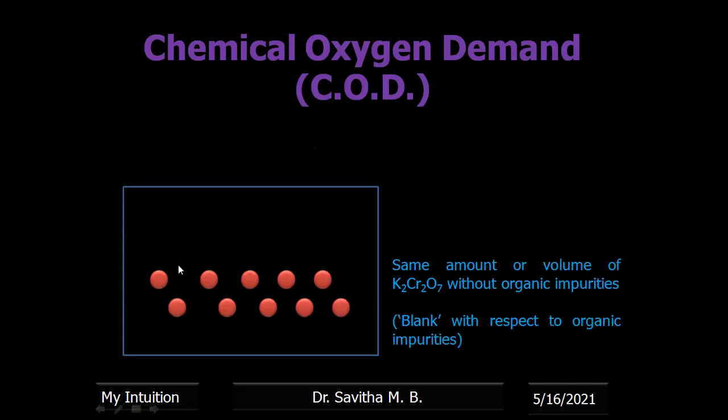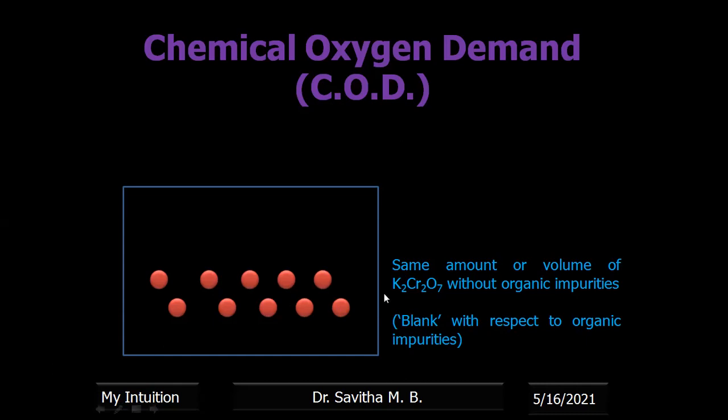right? Now what is our requirement? We need to find out how much potassium dichromate is consumed, not how much is remaining. For COD, we need how much potassium dichromate is consumed, not how much is remaining. Now how to find out how much is consumed? We have just found out how much is remaining. We do not know how much is consumed because we do not know how much we have added, right? We have added excess amount of potassium dichromate. We do not know how much we have added. So we may tell I've added 10 ml or 20 ml, but we do not know how many molecules are present in that 20 ml.